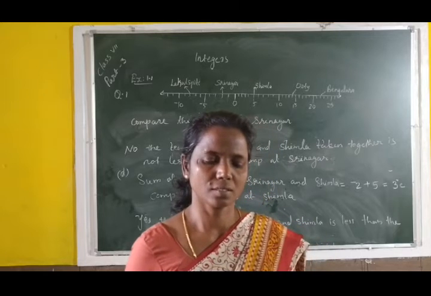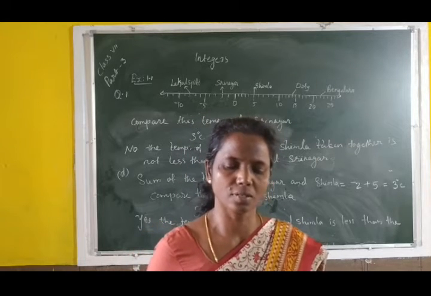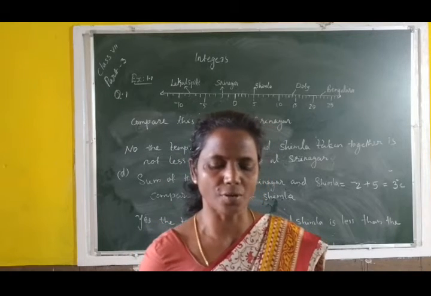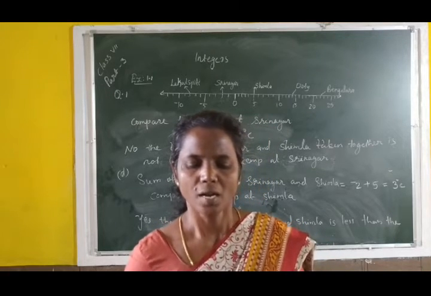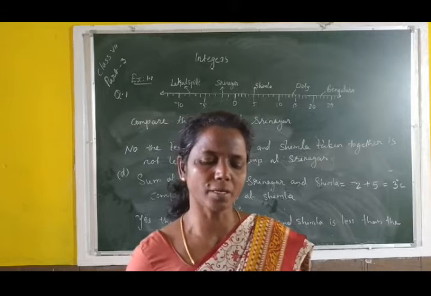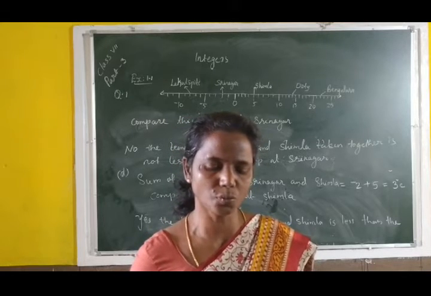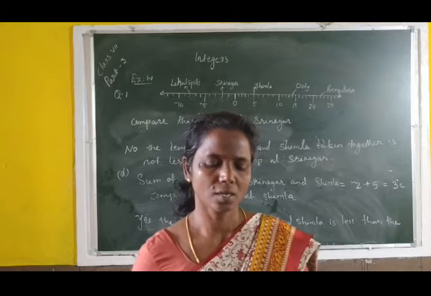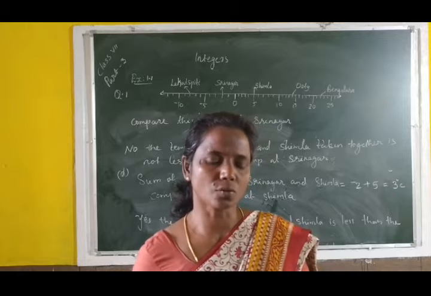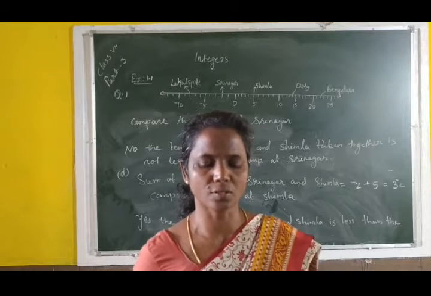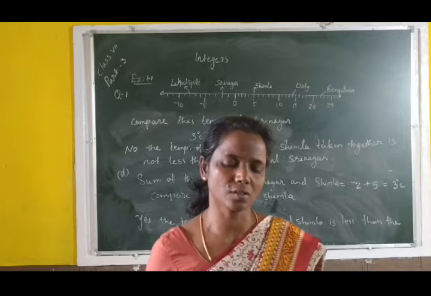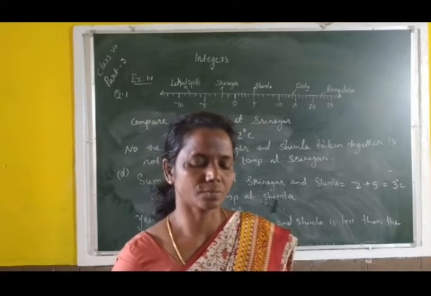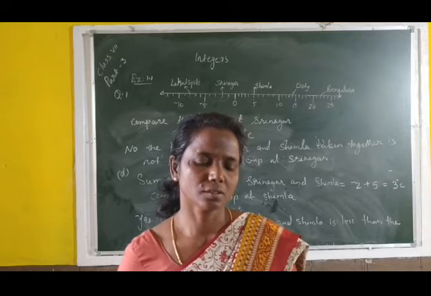The next question, number 3. Look: Srinagar temperature was negative 5 degrees Celsius on Monday, and it dropped by 2 degrees Celsius on Tuesday. What was the temperature of Srinagar on Tuesday? Then on Wednesday it rose by 4 degrees Celsius. What was the temperature on this day? Read this question one or two times and look at what is given here.